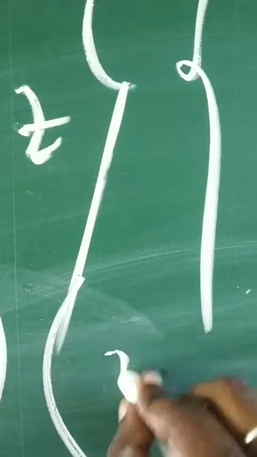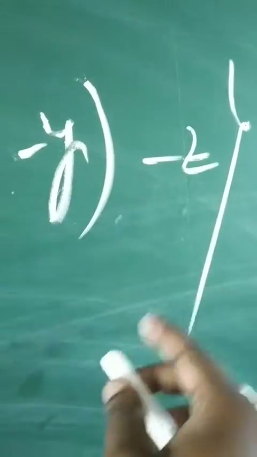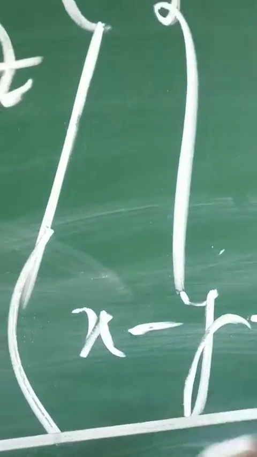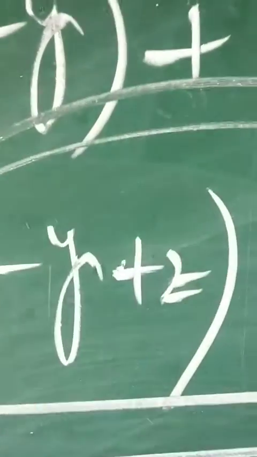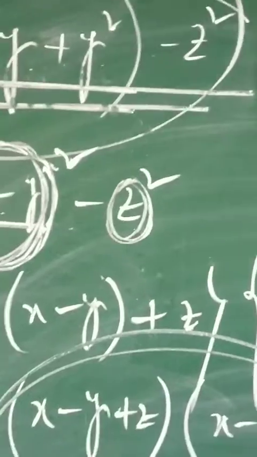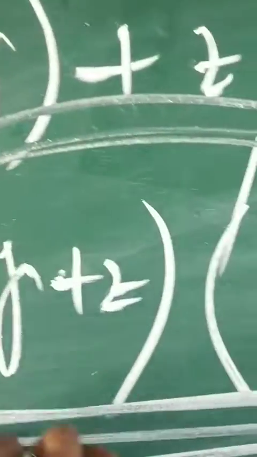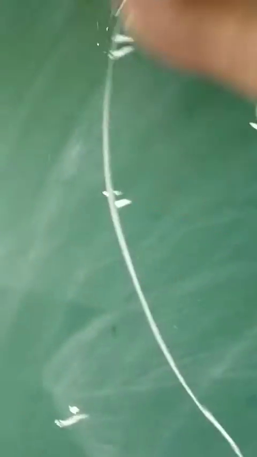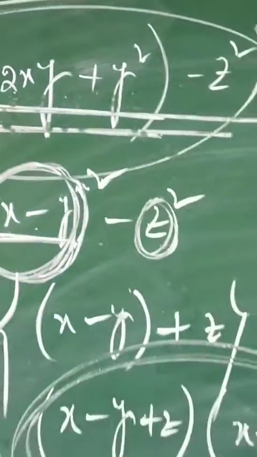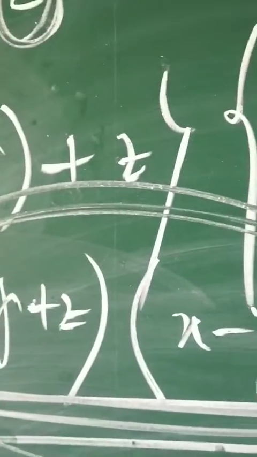Now the next one is x minus y, and the minus symbol is just in front of z, so I'll write minus z. So this is the entire answer of x square minus 2xy plus y square minus z square. This is the final. If we break it further, the question part will be returned, so it's better if you keep the answer up to this much. The next one is question number 8.